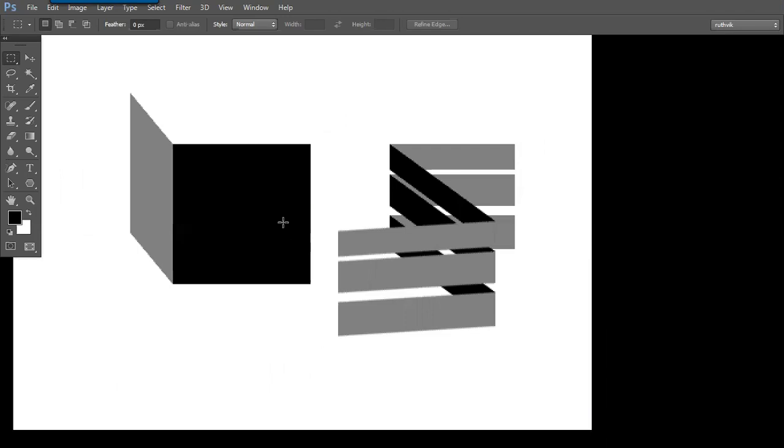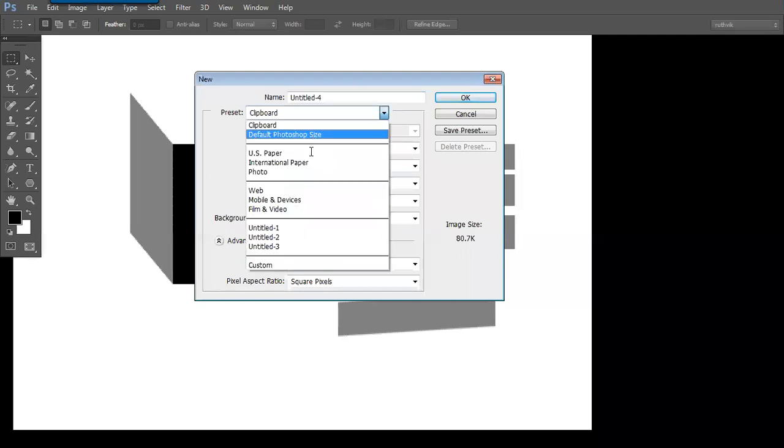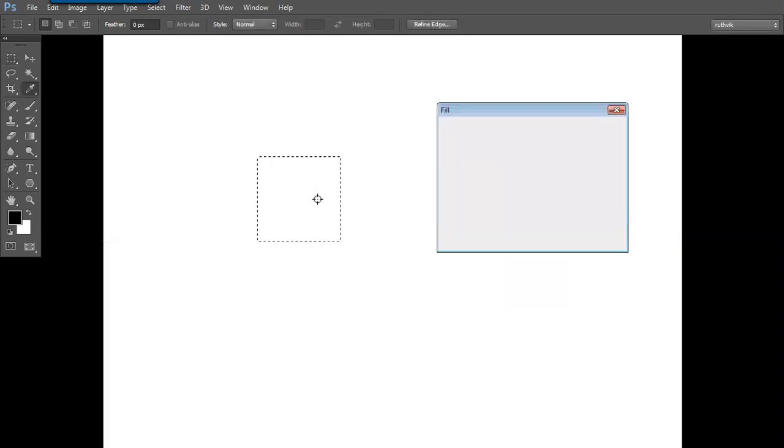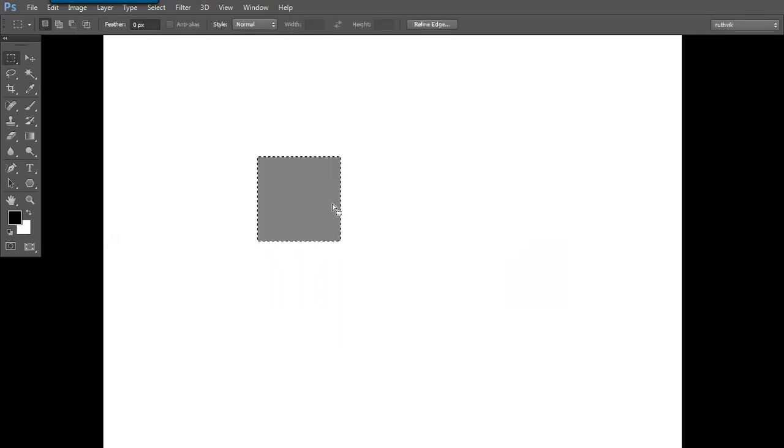Control N. Take the canvas to get practice. Default Photoshop size. Control plus. Make the same rectangle. Now fill the color. Press Enter. Fill the color. Alt S T. We'll now move to the rotational things. Till now we have seen scaling up. So rotate. Yes, you can rotate like this.